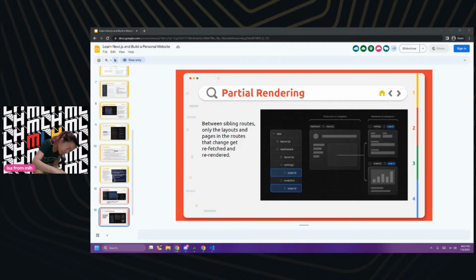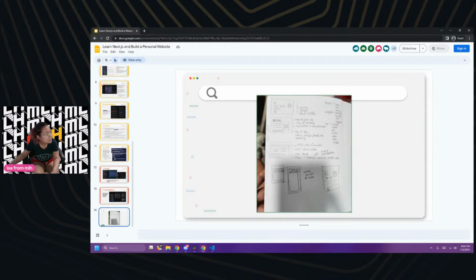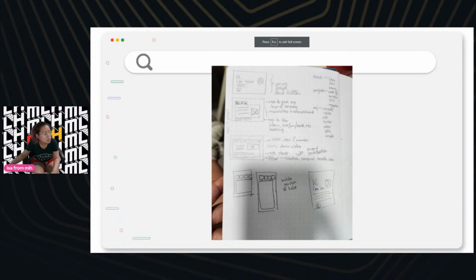Okay, almost there, friends. We're almost there. There we go. Okay, so let's crop this and crop this. And this is my design. Okay, right here, that's my design. And to explain what I wanted to do with this, let's open slideshow. Let's go back there.